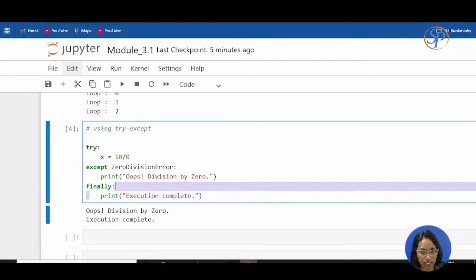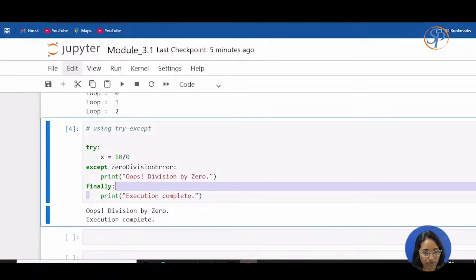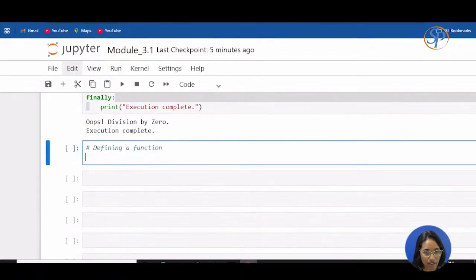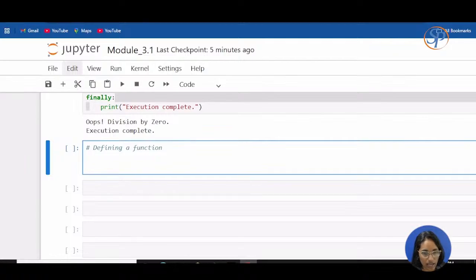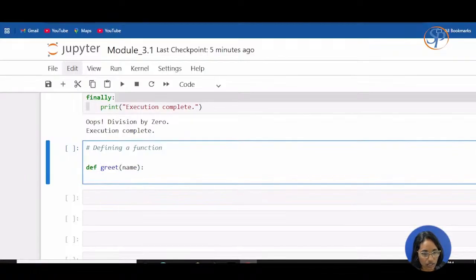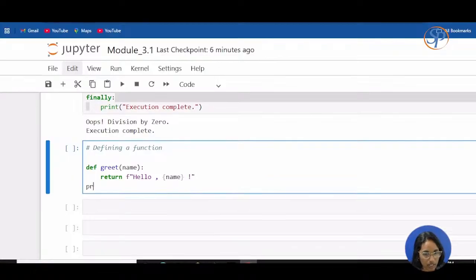So now let's see defining a function. So now let's take def greet of name and return. Use formatting string f hello, comma, open the curly brace and name, and just close that, and let's print the statement. We have to follow the proper indentation here. Greet of